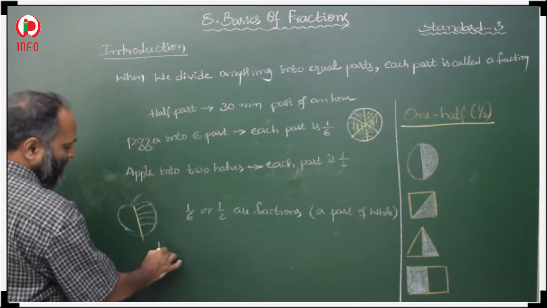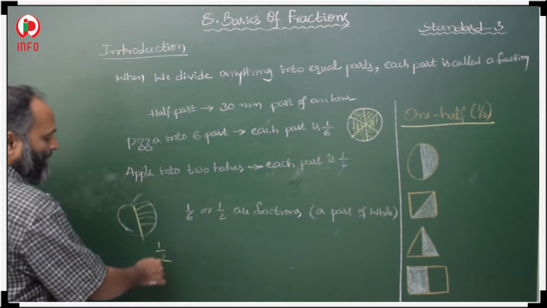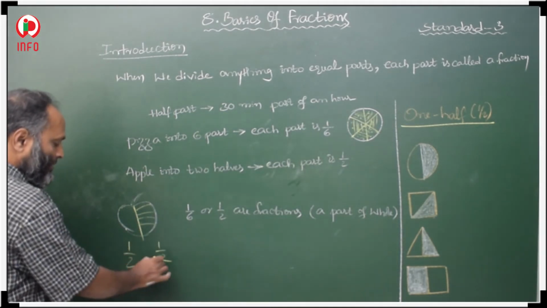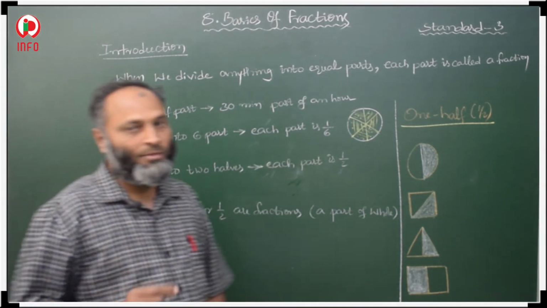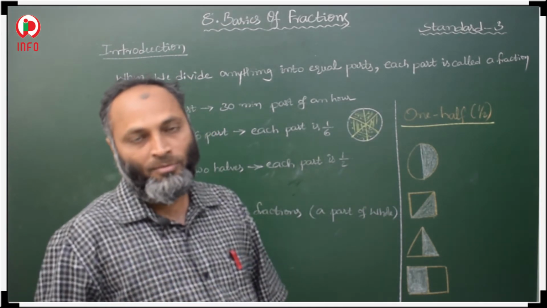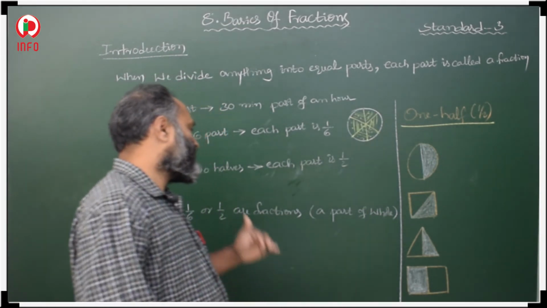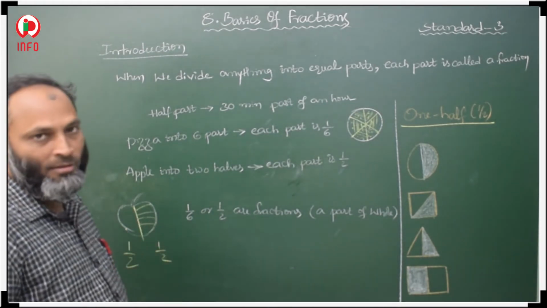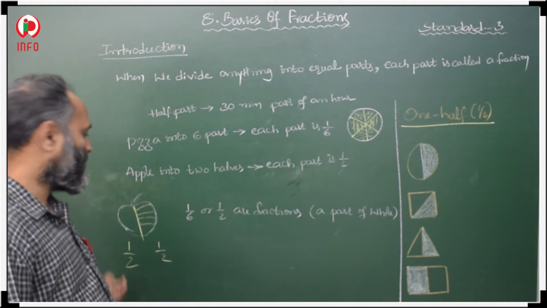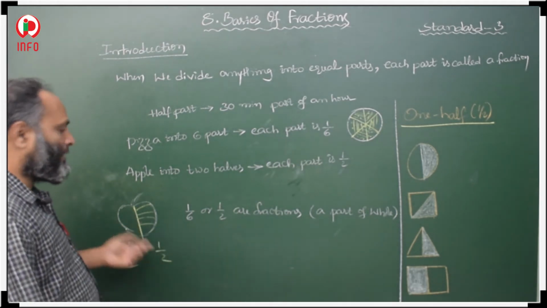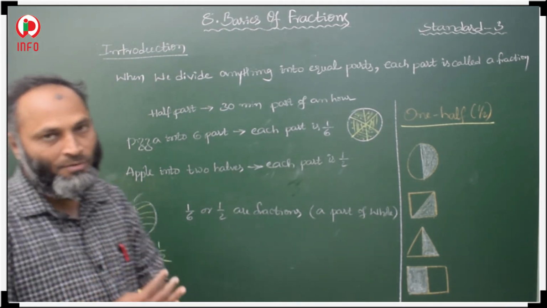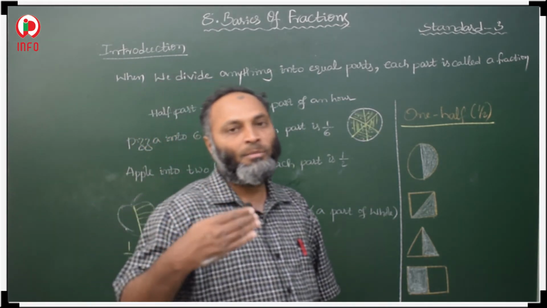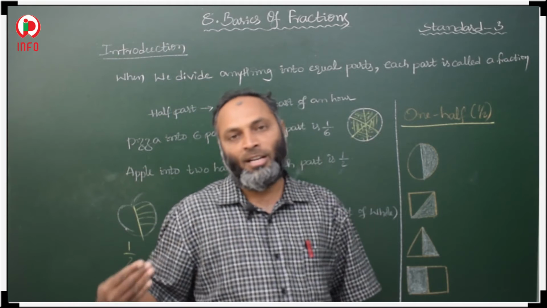So how to represent this part and this part? This part is 1 by 2. In total 2 parts, this is 1 part and this is another part, also 1 by 2. Each part represents half, 1 by 2. Half means 1 by 2. Okay, this is in an apple. So selected part by total parts. Which one is selected? This part, that is 1 by 2. If 2 friends ate 1 apple, making 2 halves, then how much did each friend eat? 1 by 2 ate one friend and 1 by 2 ate another friend.